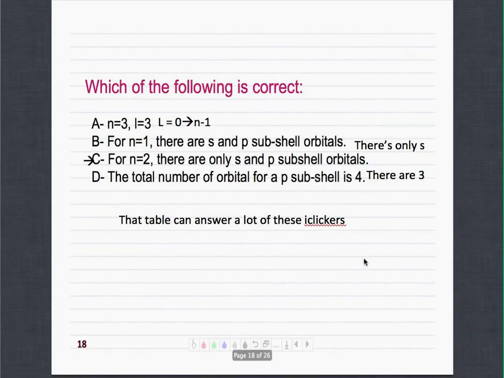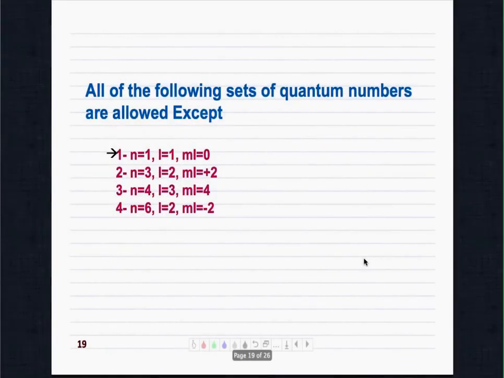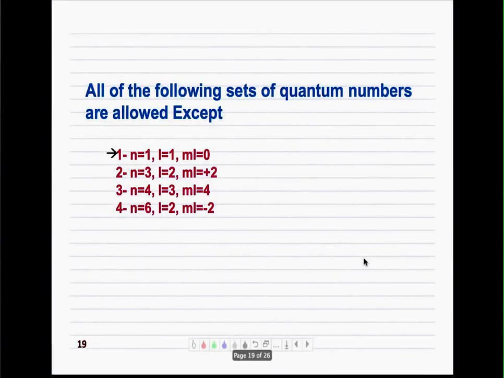Let's do one more. And this is a numeric, so I'm going to put 1, 2, 3. Again, I'm going to stop it at 1:10. All of the following sets of quantum numbers are allowed except